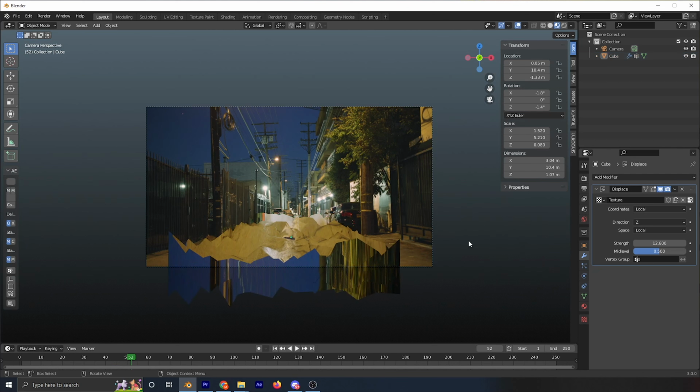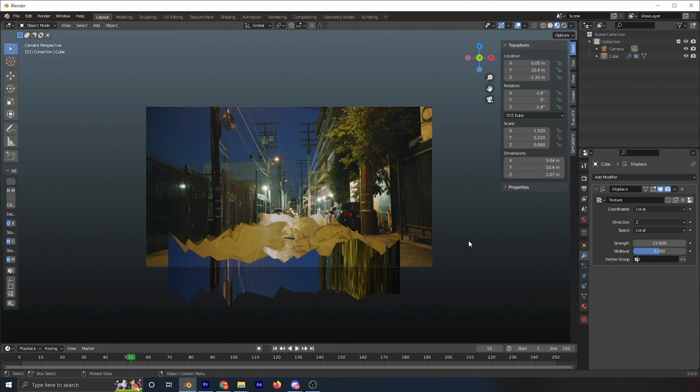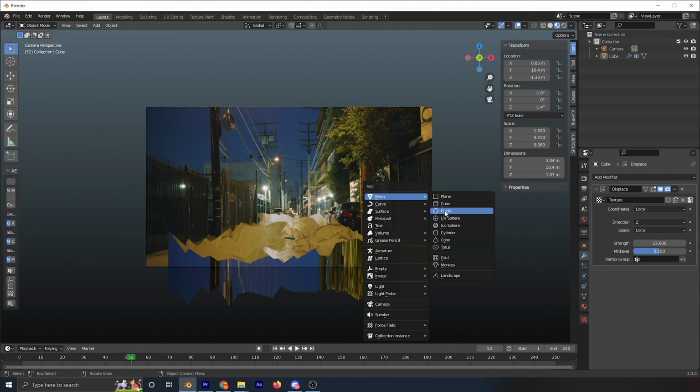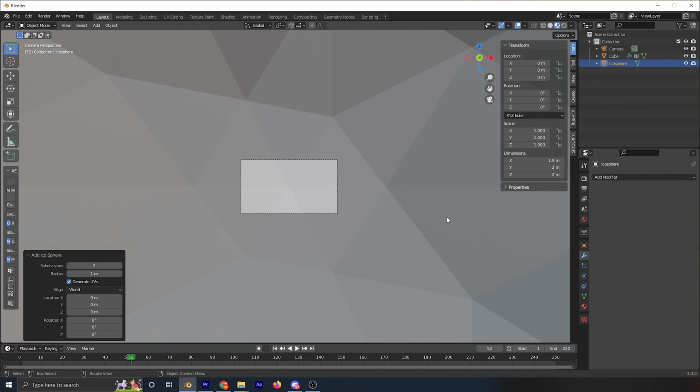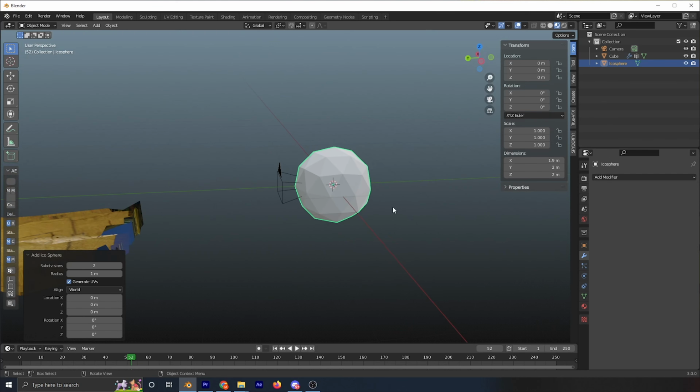So in order to do the animation, we're going to need to add another object into the scene. To do that, we're going to press Shift A again. Go ahead and then just add an icosphere, and then once again it's super big since we are in the 0,